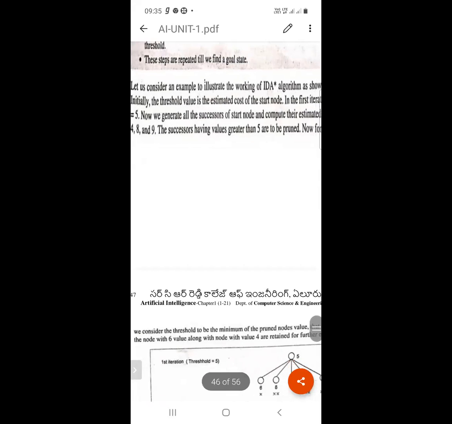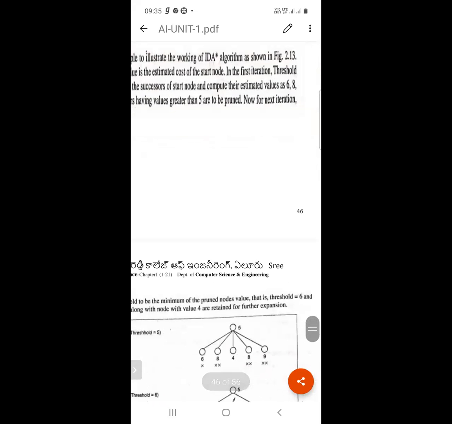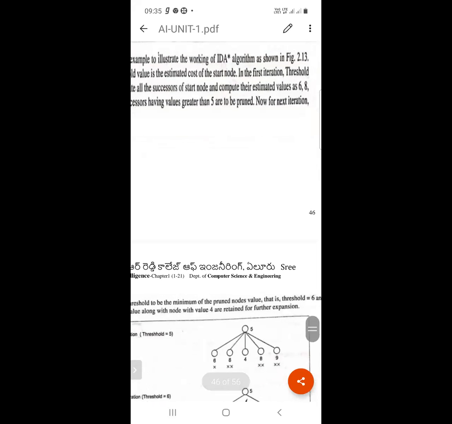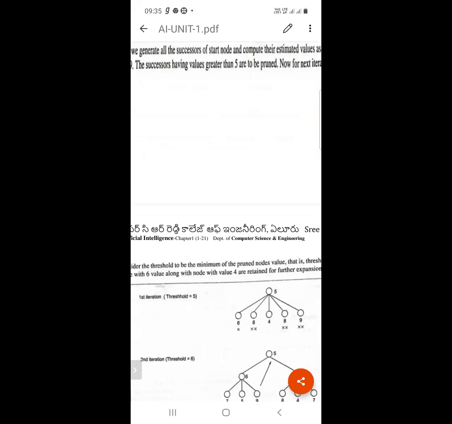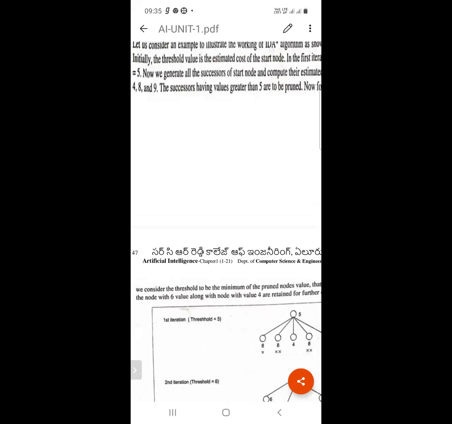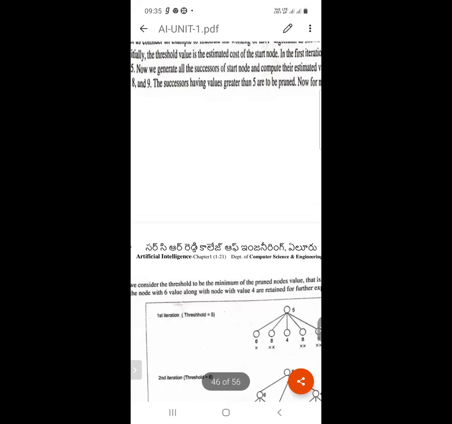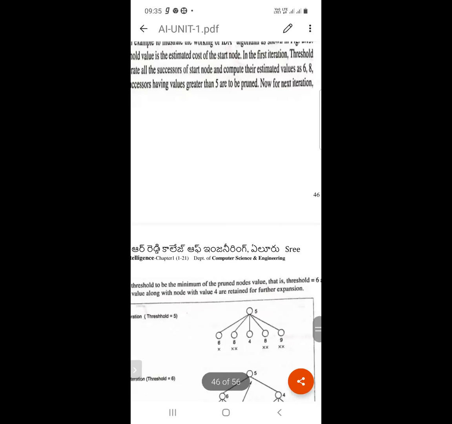In the first iteration, see the diagram, threshold value equal to 5. Now we generate all the successors of the start node and compute their estimated values as 6, 8, 4, 8, and 9.